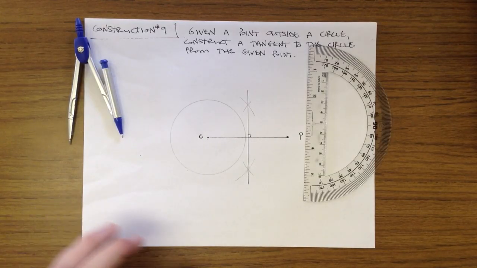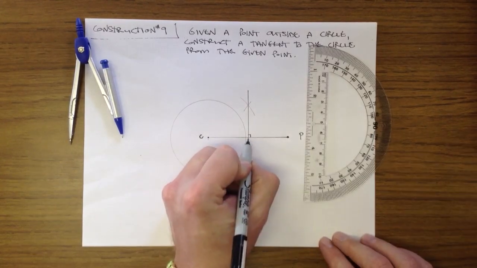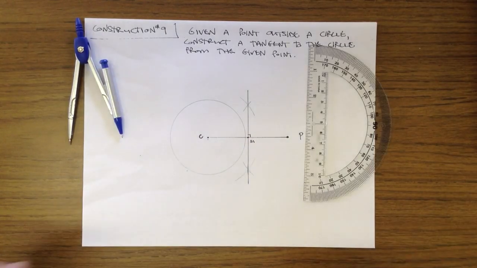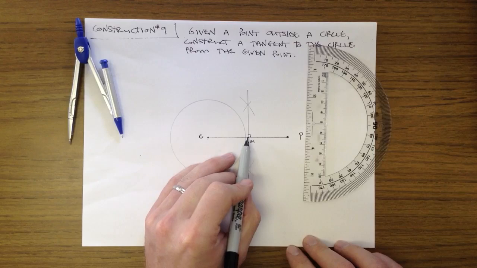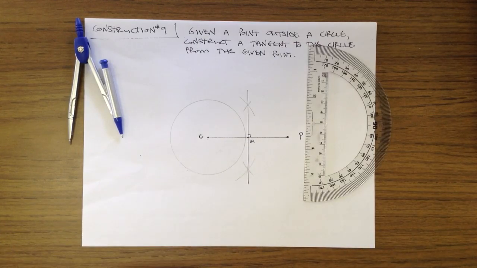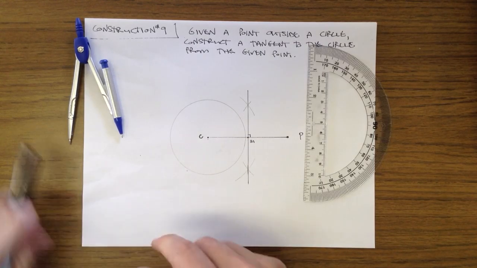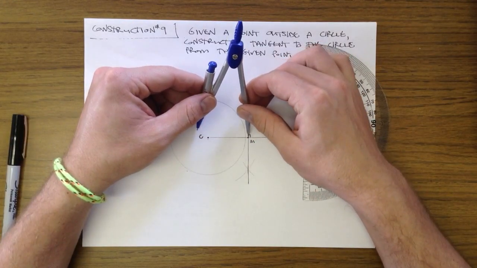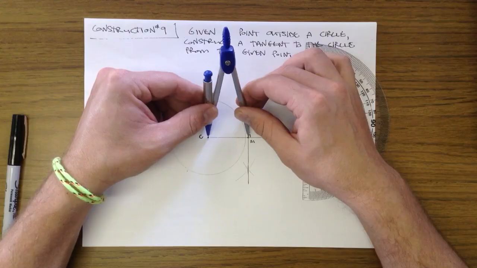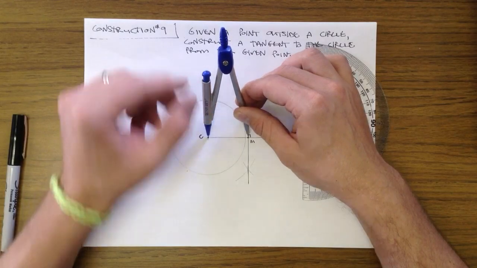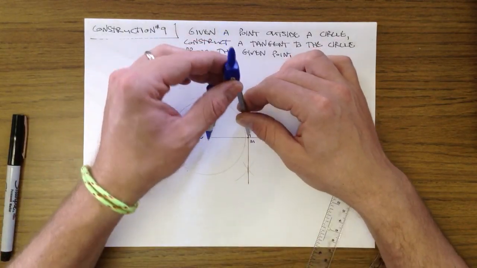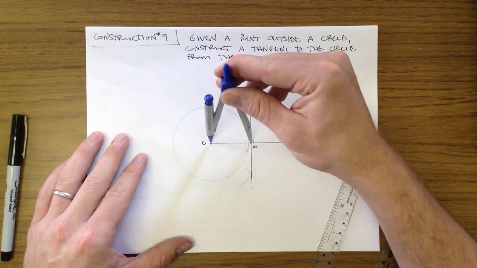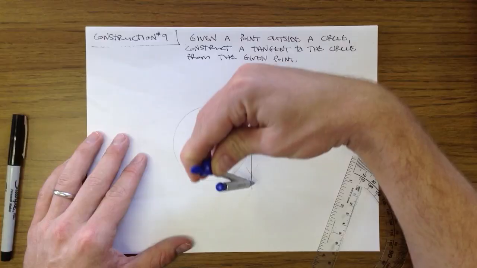Now the reason I'm doing this is that's going to become a new point. We can call it whatever we want. I'm going to call it M for our sake right now. And we're going to use M as the center of a circle. So we're going to take our compass and measure the distance from point M to point C. Now if we've done this correctly, point M should be the center of the circle whose radius is MC, or you could think of it as MP,